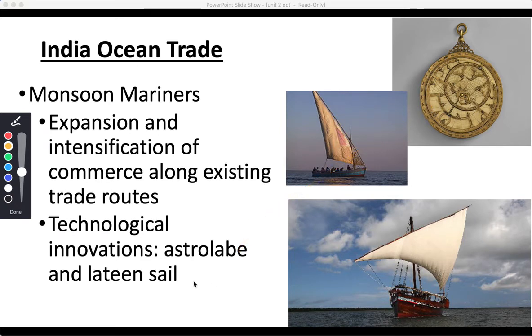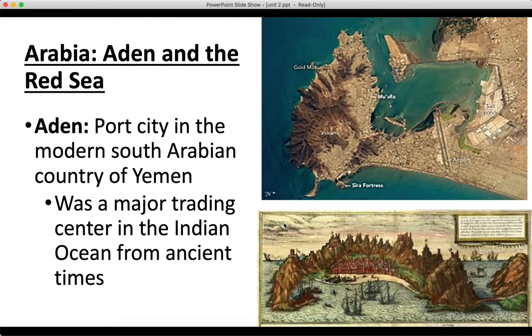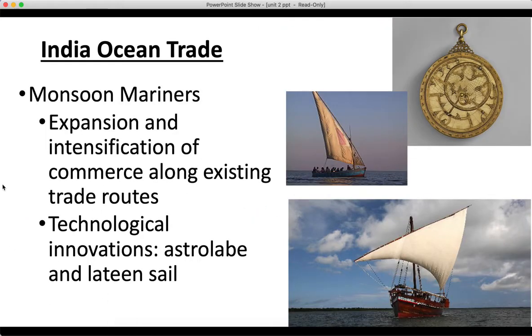The lateen sail. So this is the lateen sail, how it's kind of a triangle. And there's a couple ships you need to know. Let me see if I have a picture of them. Not yet. So the ships you should know include the